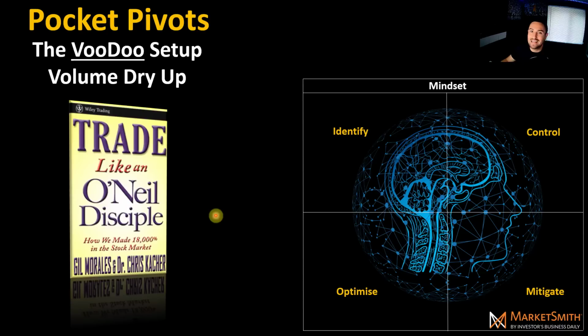So where am I looking to enter? Where am I looking to place the initial stop loss? How am I looking to free roll the trade, so the risk mitigation element, and then how am I looking to optimize the profits with the sell rules? There's a bit of overlap in terms of the sell rules, so we're going to be discussing that. And then at the end of the video, I'm going to show you how to screen for these type of